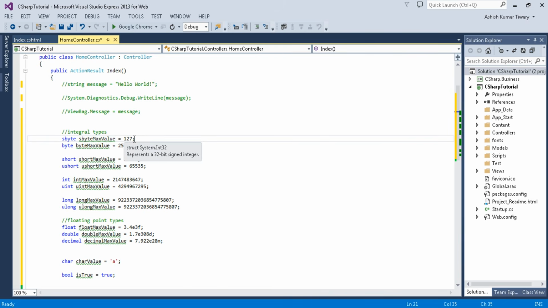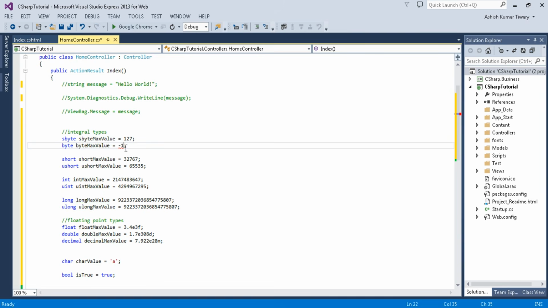But I cannot go beyond this range. If I increase the value from 127 to 128, it will give me an error: constant value 128 cannot be converted to sbyte. So each type has some limit, and within that limit you can store the integer value. And notice that the byte has the max value 255, and you cannot store a negative value like -1.